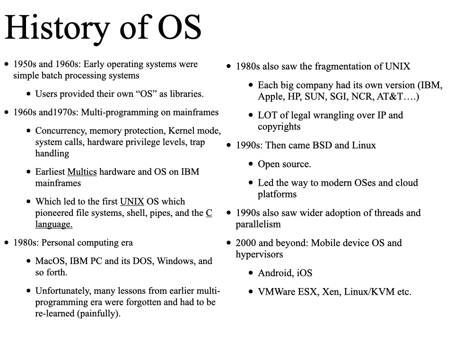And then in the 1980s, people wanted computers right on their desks, so that led to a personal computing era, and a lot of personal computers, such as the Mac computer, the IBM PC, and of course the Windows and DOS operating systems came forth. Unfortunately, during this time, many of the lessons from the mainframe and multi-programming era were forgotten, and they had to be painfully relearned. The 1980s also saw wider adoption of Unix, but also a fragmentation of Unix into customized,